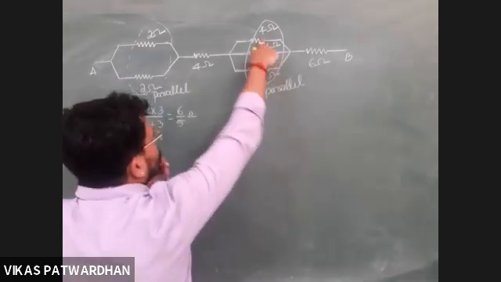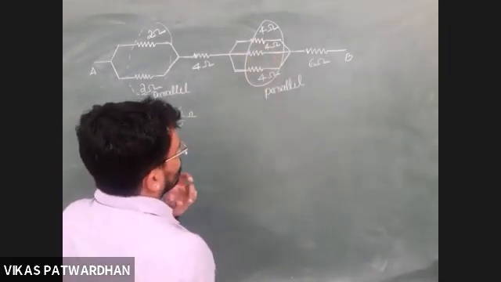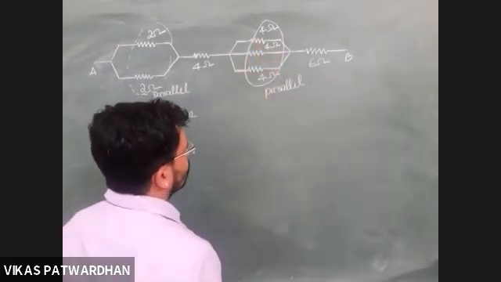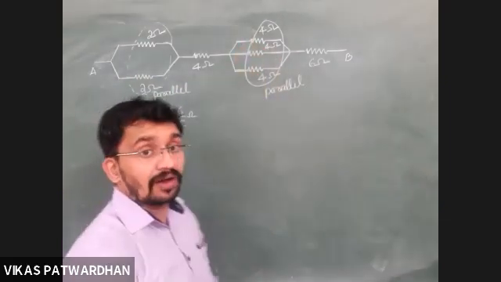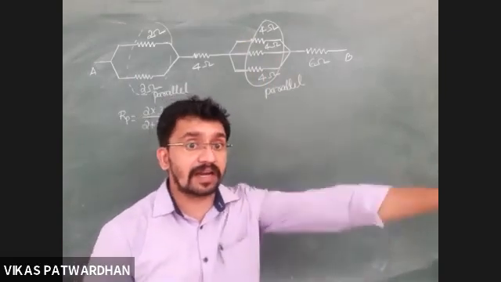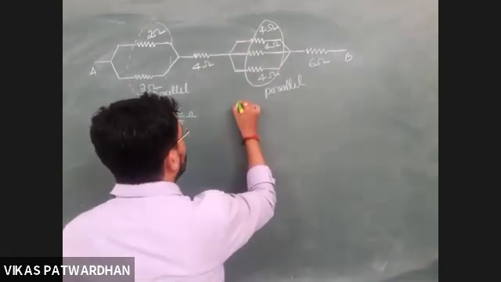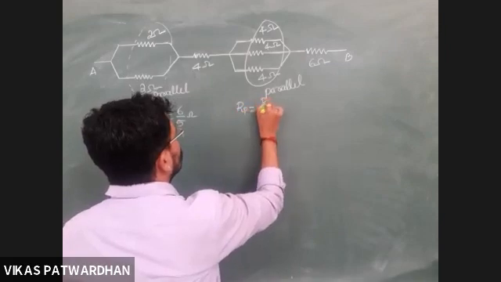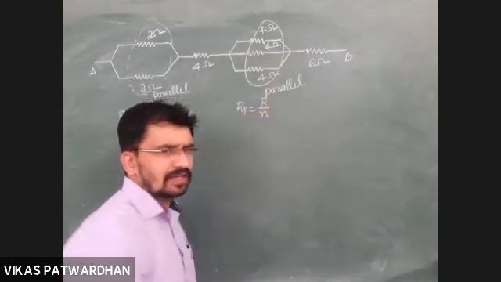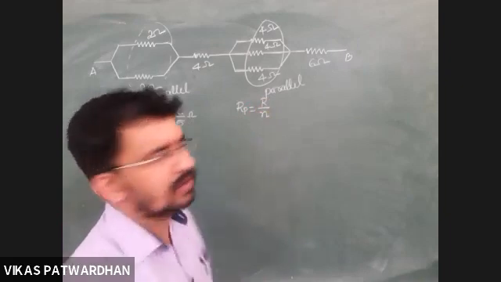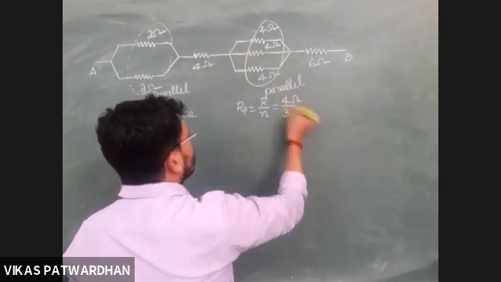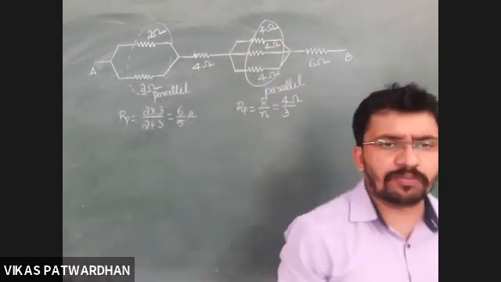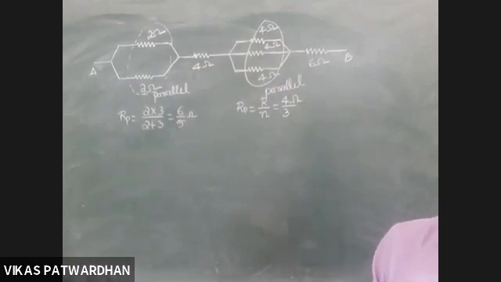Next, I have three resistors in parallel. How many? 1, 2, 3 in parallel. Are these identical? Check. 4, 4, 4. Yes, they are identical. Since they are identical, can I use this formula? Rp is equal to R by N. Is that correct, people online? Yes. So it is 4 ohm divided by 3. So it is 4 by 3 ohm. Is that correct?